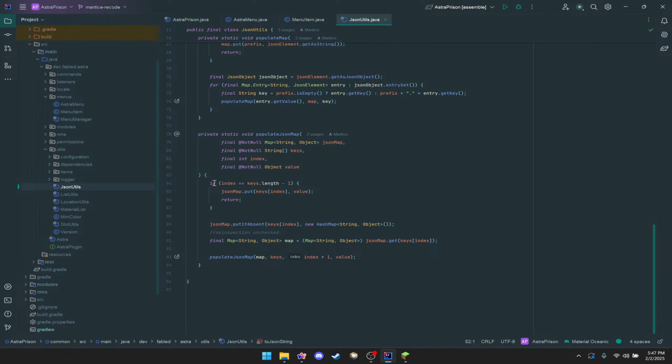And that will say if the index is the last index of our keys, then we put the value in the map at that key, and then we return and do nothing. Otherwise,